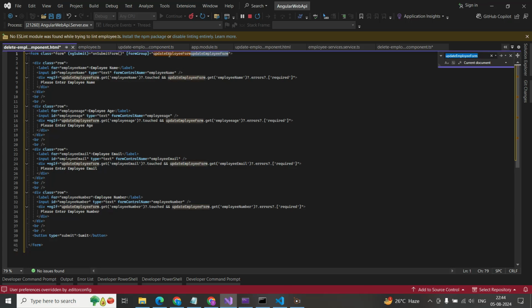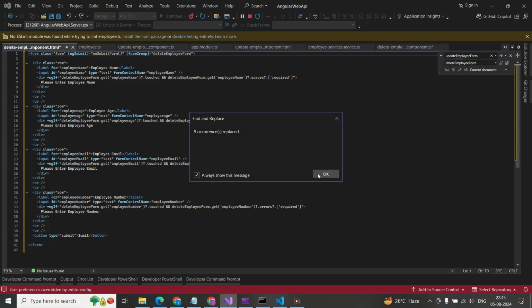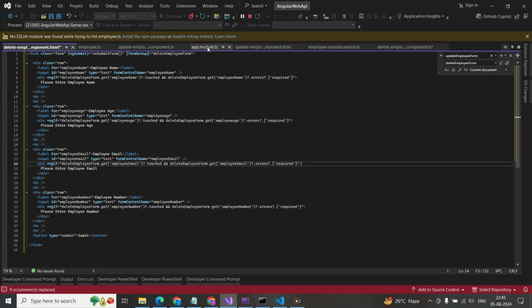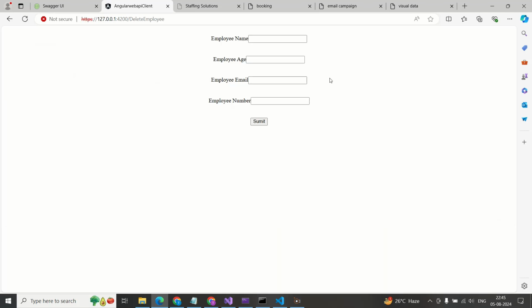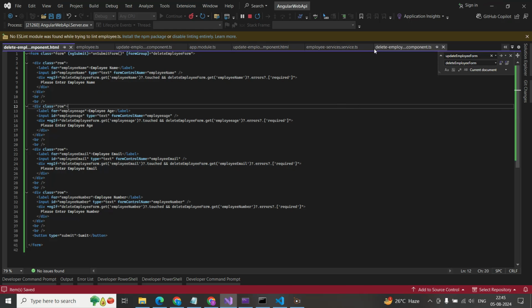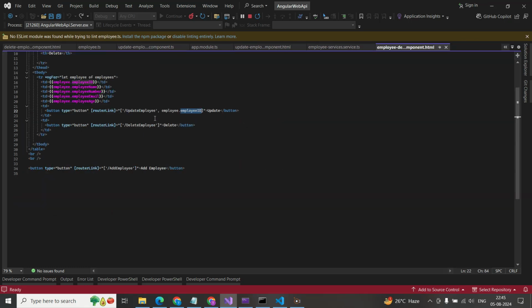Control F, and replace with delete employee form, current document only. Okay, now I am saving everything and going to the console. When I click on delete, it is not fetching the details, we have to see. Okay, here we have to change the employee form also, like employee details we have written in employee HTML. We have to write like this. I am copy pasting this one,